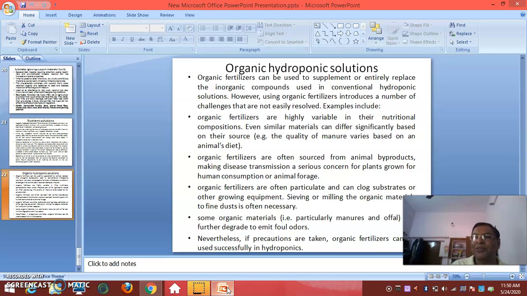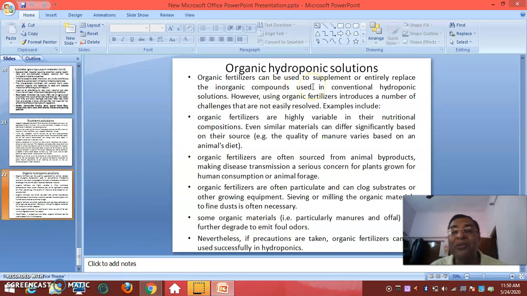In hydroponic solutions, you have the best option. You can have your own controlled environment and then grow the plants with organic nutrients also. Even inorganic is not bad as long as it is sufficient to meet the plant requirements. What is the problem in soil-based agriculture? There is too much adding of pesticides and so on. Okay, so let us go with this.